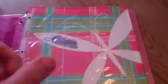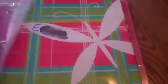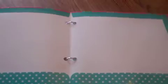And in here I would keep gift cards or store cards, like the rewards cards. And then each child has a folder. In the folder, this one's empty, but it would have birthday invitations or school stuff that needed to be filled out. And I would keep their